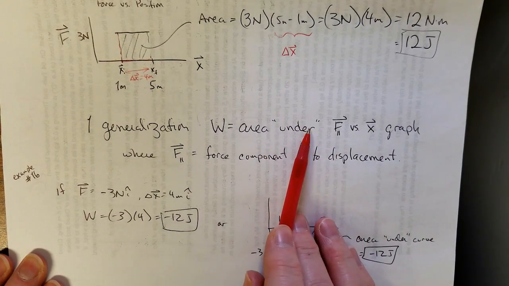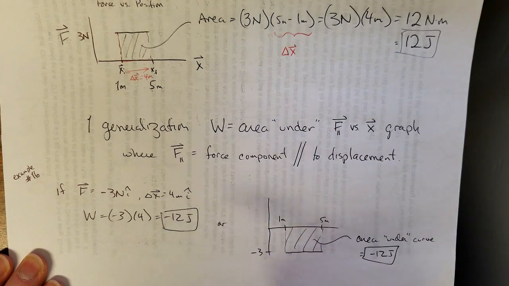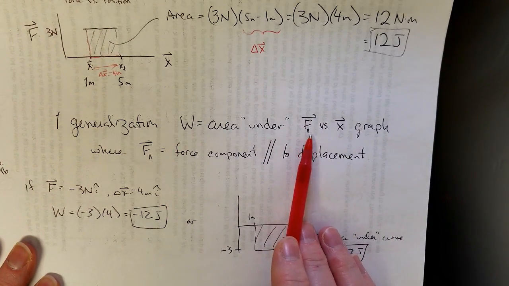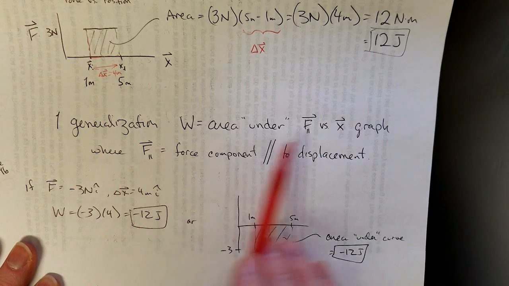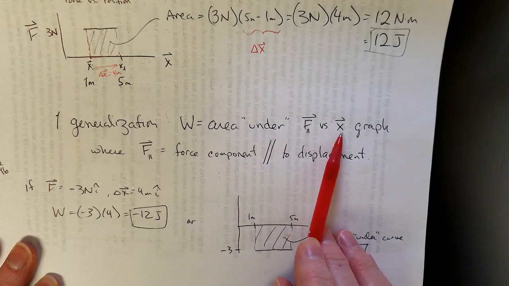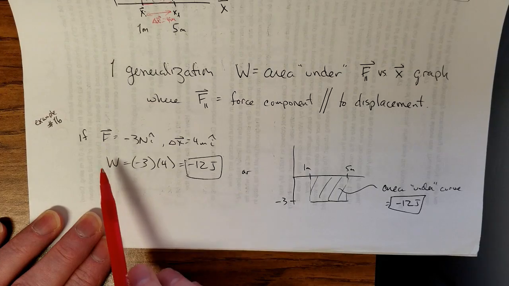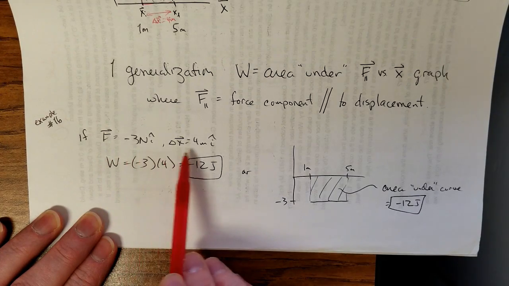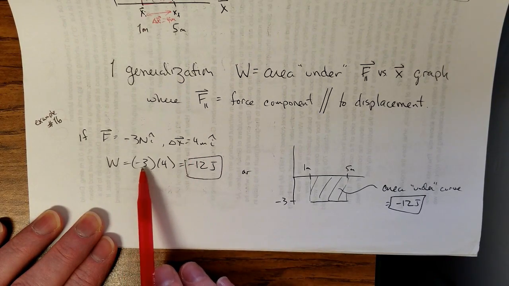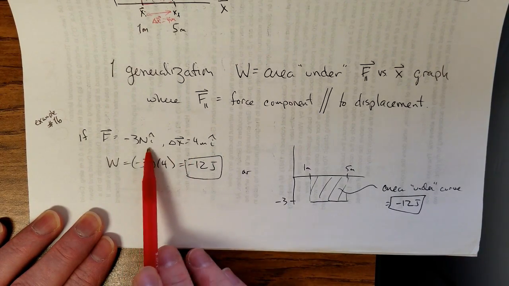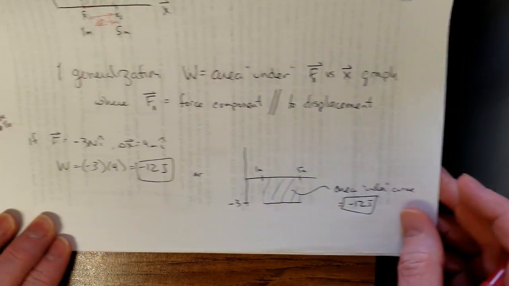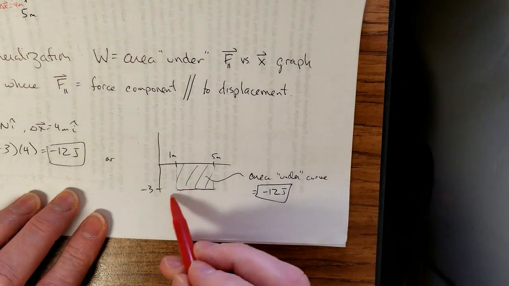Now I have "under" in quotation marks here because that's the language that is used. Let me also throw in, this is the parallel part of the force. Since this is usually a specific direction, this is the part that is parallel to that. If my force is -3 newtons i hat and my displacement is 4 meters i hat, I multiply it out. They're in opposite directions, or it's a one-dimensional problem, so I can just do -3 times 4, I get -12. Graphically, it would look like this, where my force